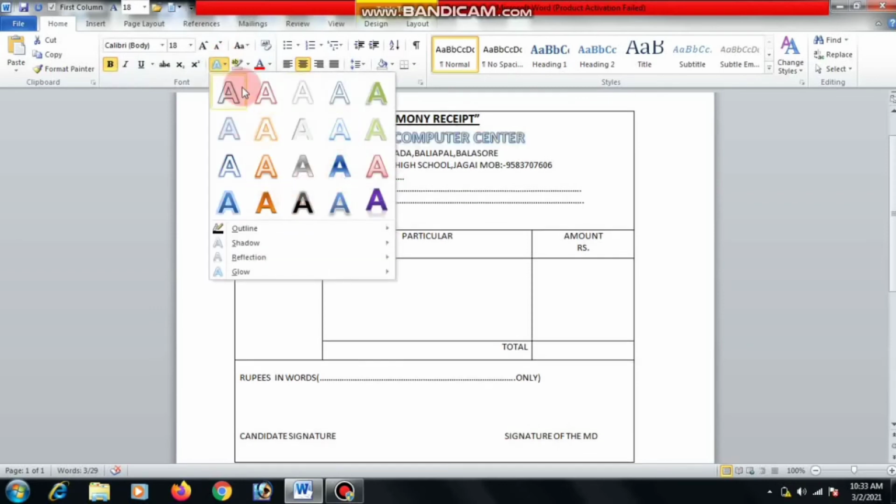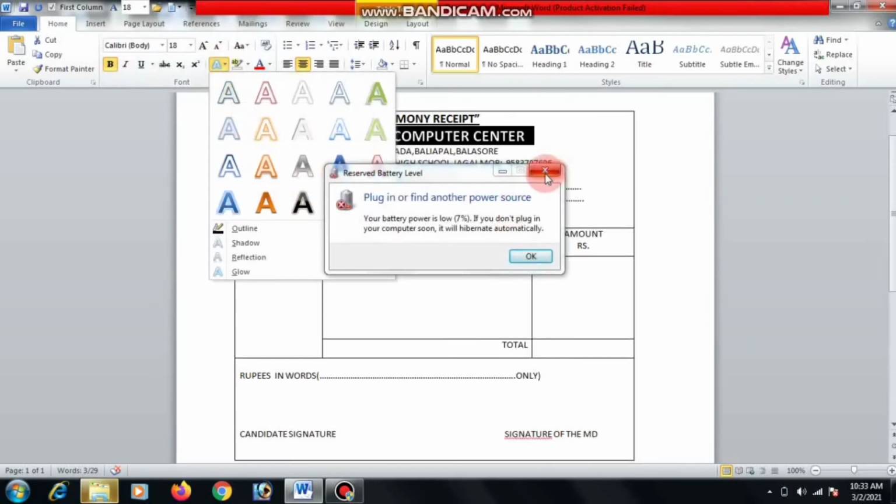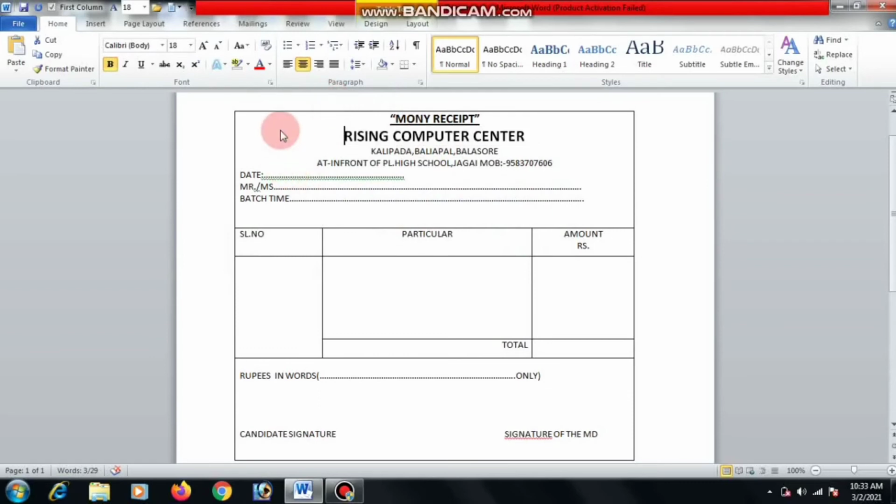Then we can use the text format option. Otherwise we can select data, then give bold, italic, underline.